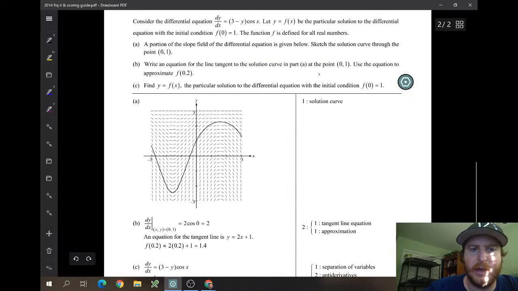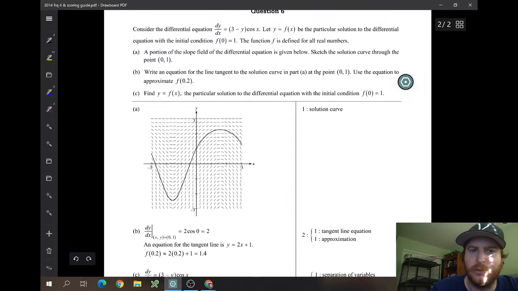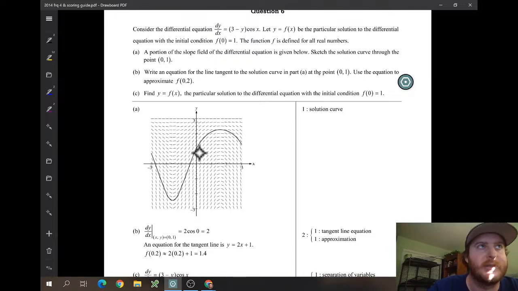And then our other part asked us to sketch the solution curve. So the big thing here is to put in 0, 1. So put your point there at 0, 1. And from there, you're just playing connect the dots. So if it's increasing, increase. It doesn't matter, if your line looked like this,